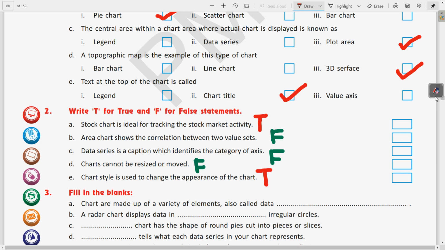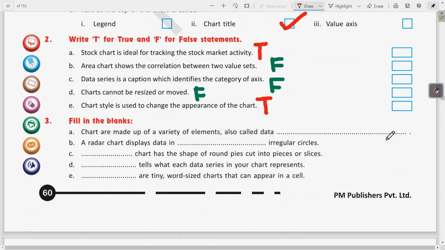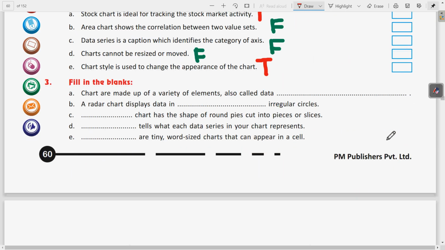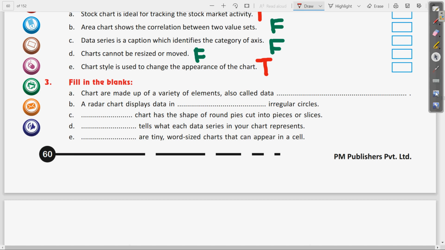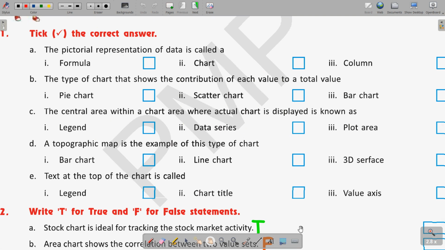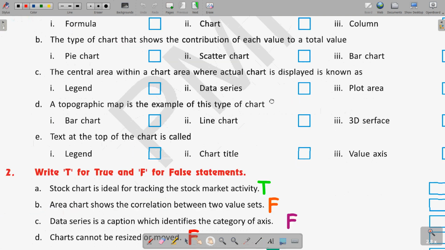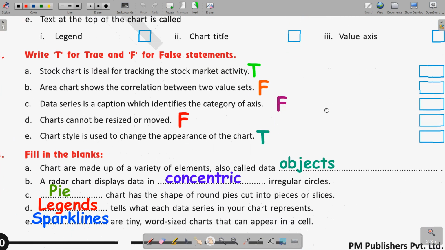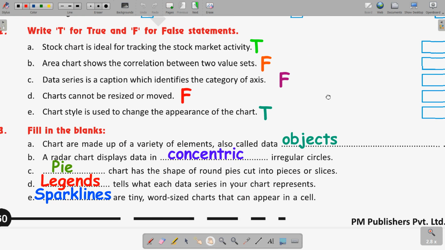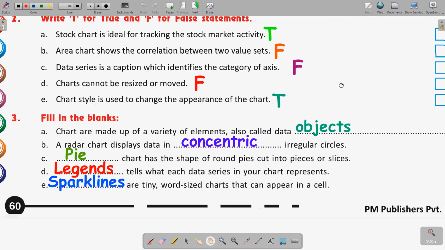So if we come to question number 3, here it is. I have written the answers of these questions. So you can note down the previous answers also, true false, it is there. Now question number 3 is about filling the blanks.